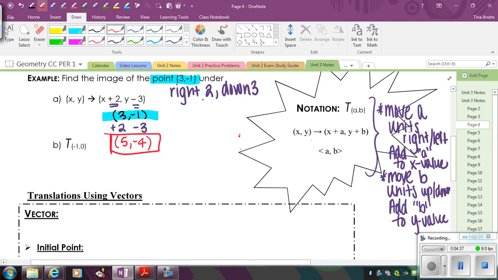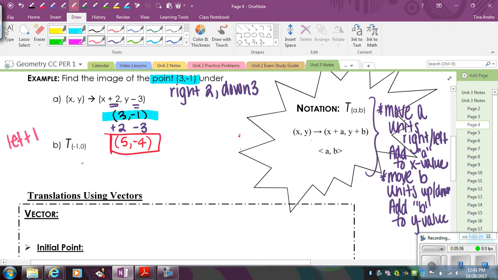So, and again, you could graph that and then you could just count right 2, down 3 and get the same answer. The next one here you have the function notation, so with a capital T. So this is negative 1 and 0. So negative 1 comma 0 means the negative 1 goes with a horizontal movement. So that would be left 1, and then this would be up or down 0. So you wouldn't be moving up or down. So for this, you would just say left 1, and that's it if you were describing the motion on a